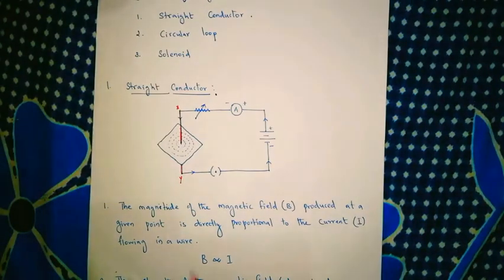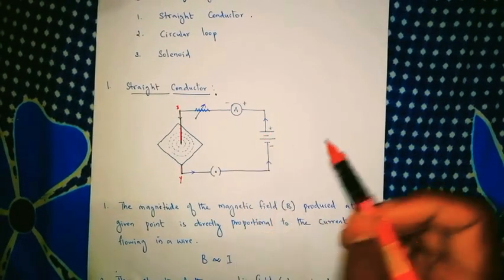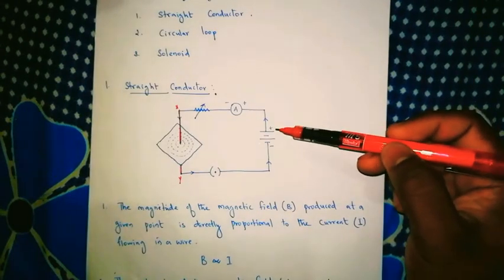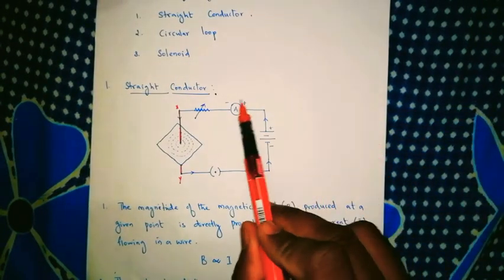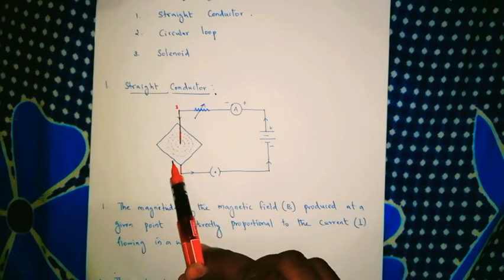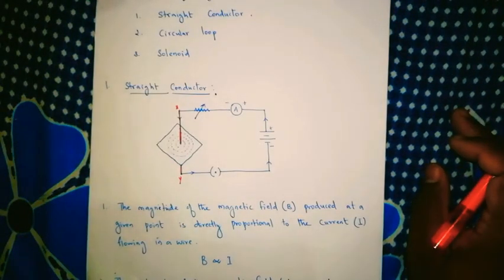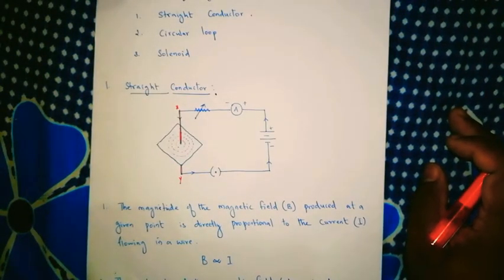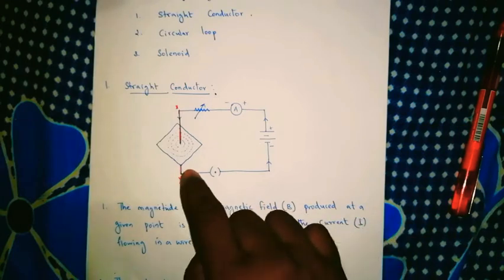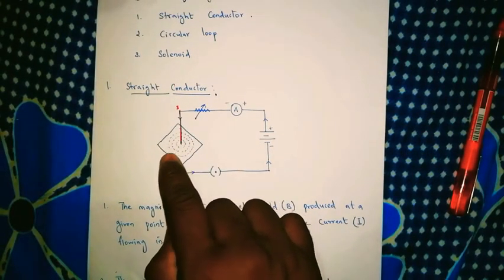Okay, so think that if it is kept like that, when a current is passing through this wire, as it is positive, the current is moving this side. What I'm going to do is put some iron filings inside this, and tap a little bit. You know what happens? Immediately you can see lots and lots of iron filings arrange themselves in a